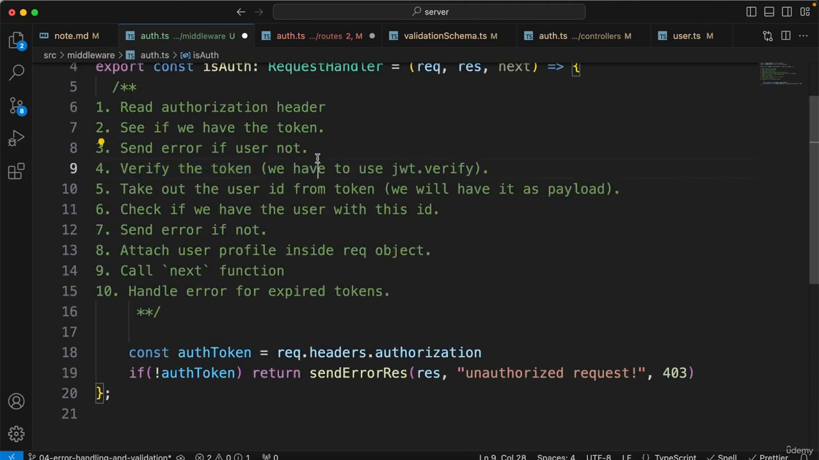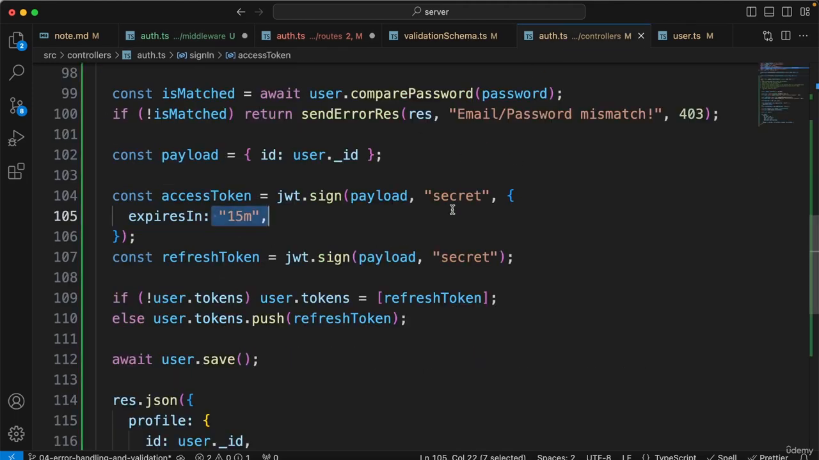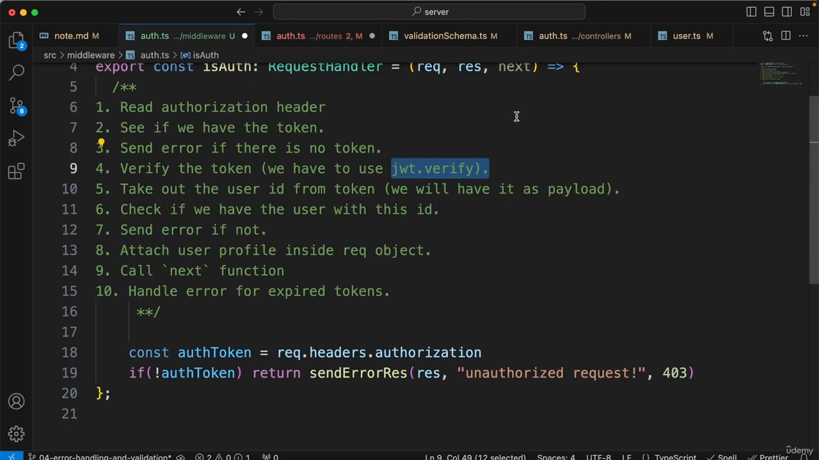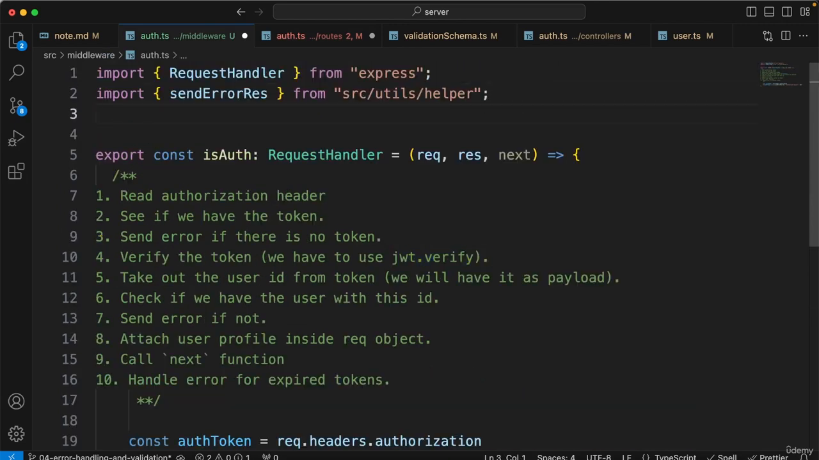And after this, we have to verify the token. And I think here I made a little mistake: send error if there is no token. And for that, here you can see I have this little hint. We can use this function called JWT verify. The reason is, if you remember, previously we used the JWT.sign method and we used the secret, right? Now to verify this, we have to again use the verify method from inside the JWT and pass the same